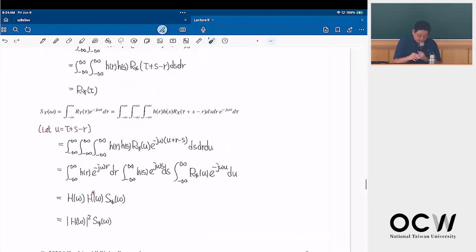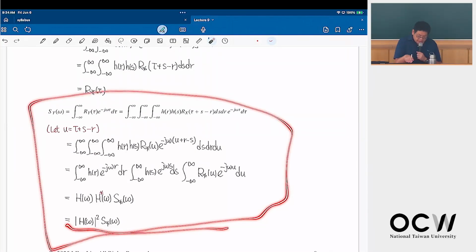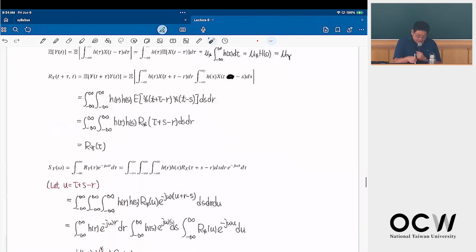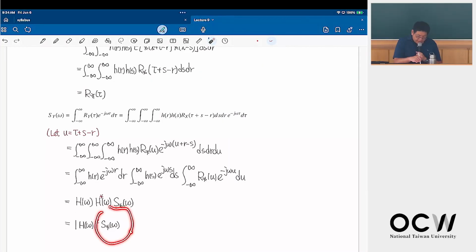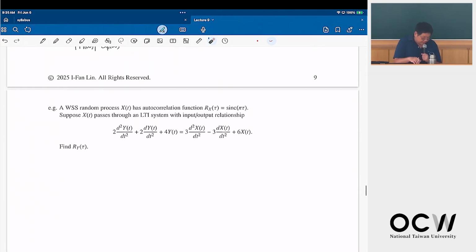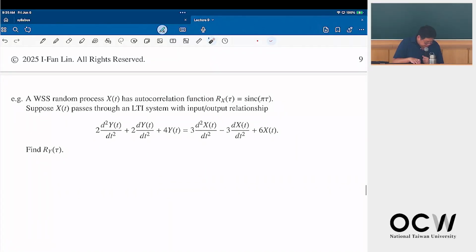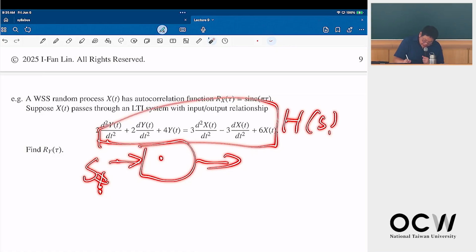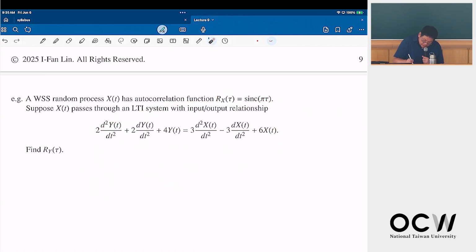Or from this formula, consider the linear time invariant system. If I can get the power spectrum of x and also the frequency response of this system, we can also get the power spectrum of y directly. So let's see. If I have a sinc function, let's see. If I can get the power spectrum of x, then through this relationship, we can get the power spectrum of y directly. So for the sinc function,